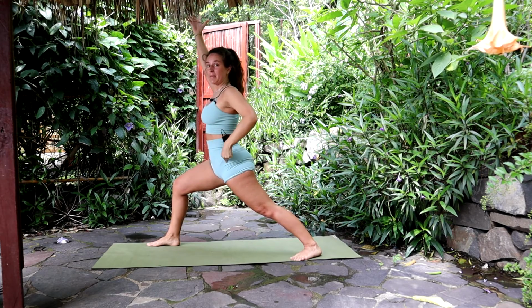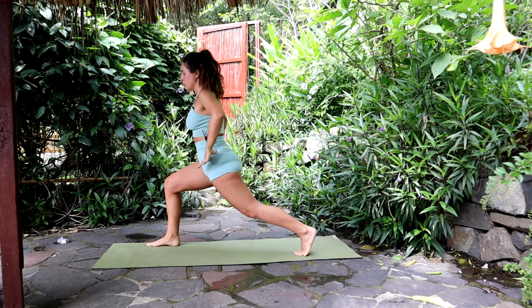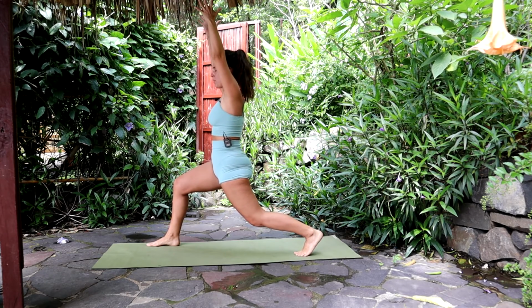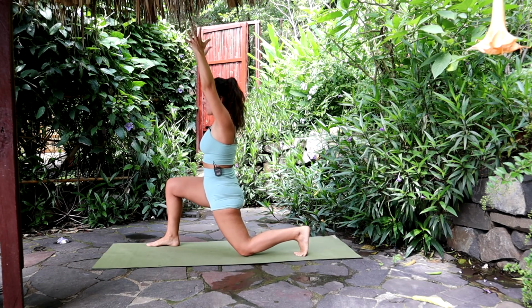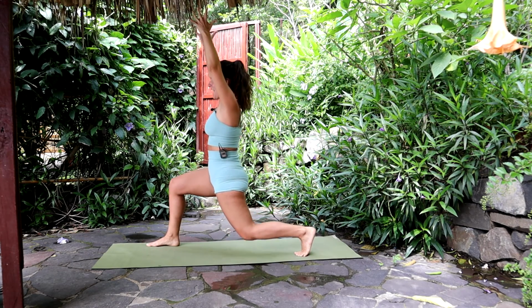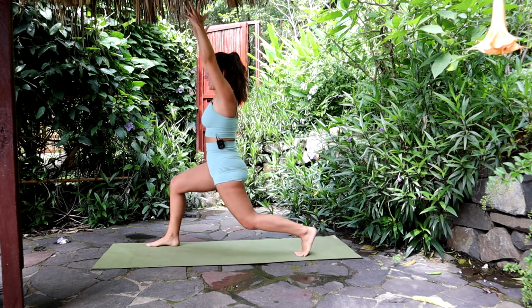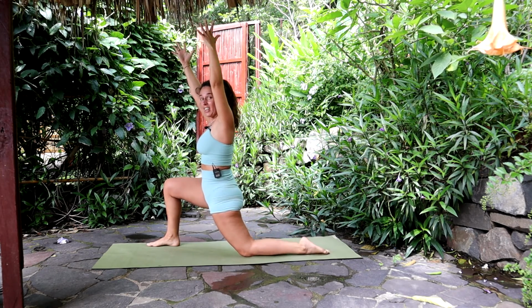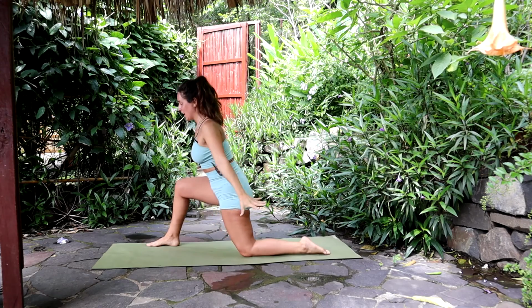This time we're going to pick up this back leg and come onto the ball of the foot. So the toes are now facing forward, knee is facing forward, hands still up. Exhale, knee all the way down. Inhale, all the way up. And down. And up. One more time, down, staying down, untucking the left toes, hands down, and take the weight